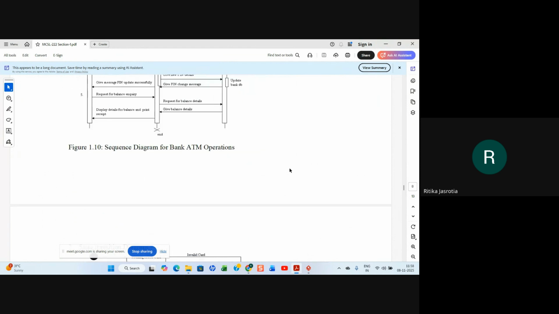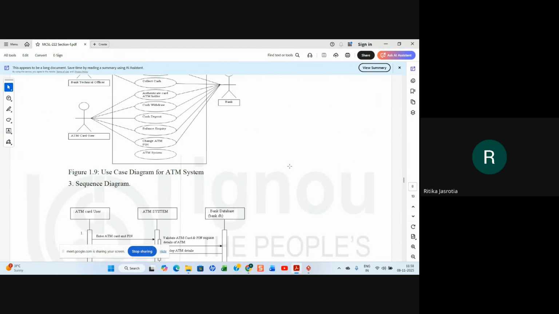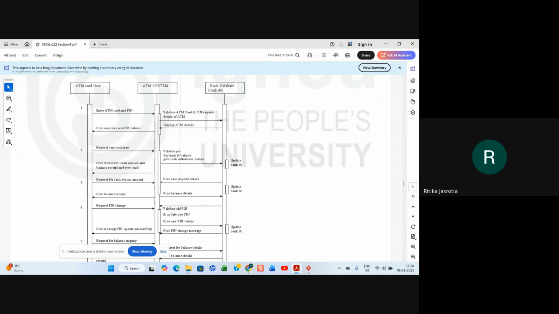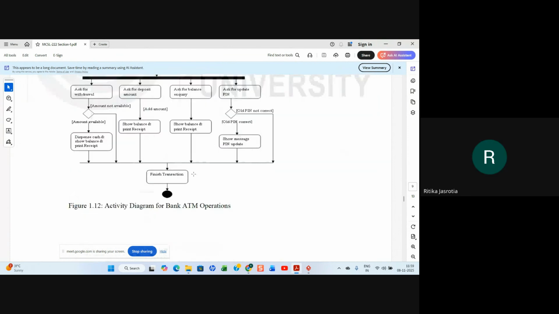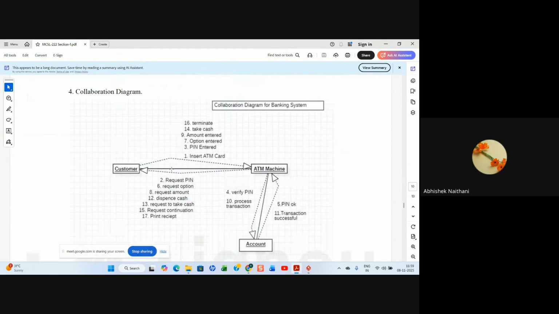No, communication and collaboration diagram are different. They show it like a sequence diagram. In collaboration diagram, message passing will be there, no? Yes, any process you have to explain, but in different ways. Sequence diagram is different, collaboration diagram is similar to a sequence diagram, but the way of making is different. Activity diagram is different. It is a kind of a flowchart. Okay.